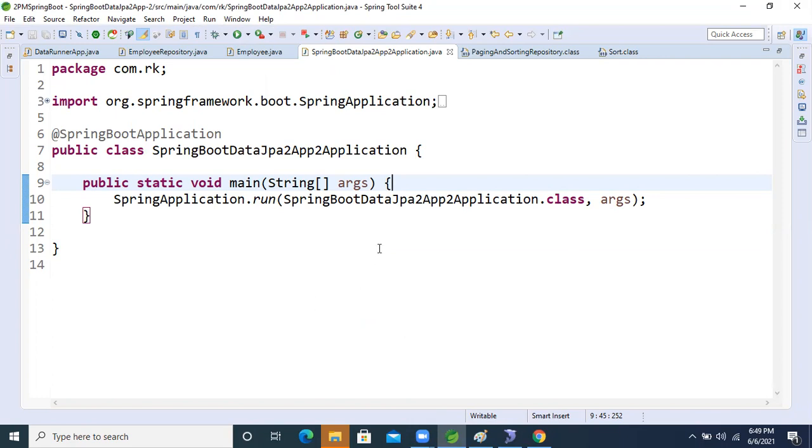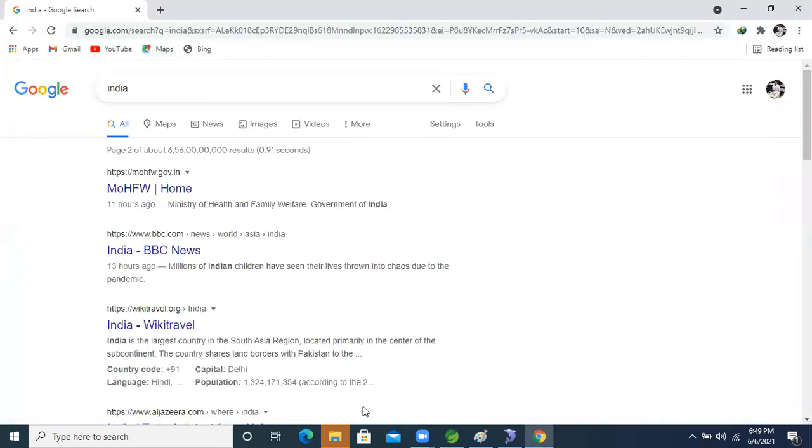But in Spring Boot MVC, there we will use the same concept using the client browser, the client side also. We will implement the same things, but this is useful for you people. Everyone concentrate on this. This is a very good concept. I'm going to explain it now, guys.